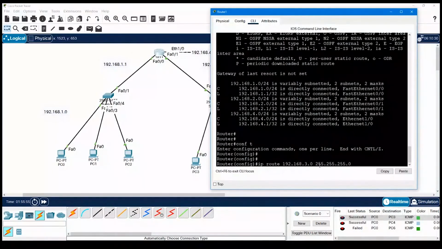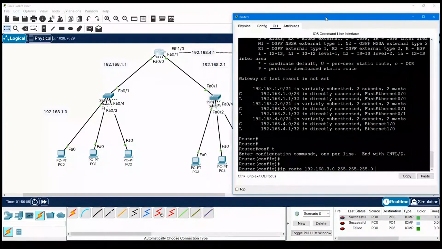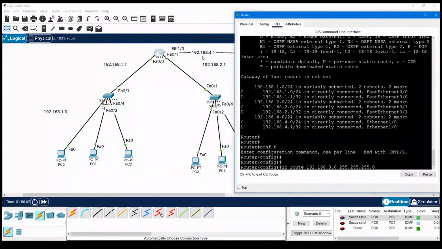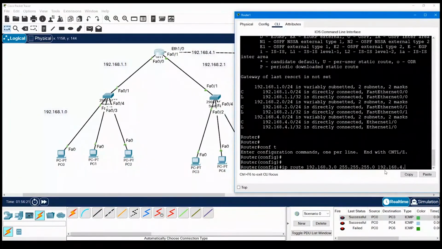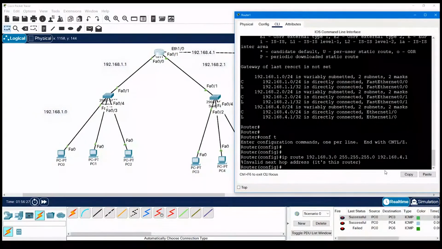So either you can type Ethernet 1/0, or you can just type the IP address of this interface. We know that the IP address of this interface is 192.168.4.1. So you can choose either way. That's not an issue. And we will use the IP address 192.168.4.1. So this 4.1 represents Ethernet 1/0 only. So once you press enter,